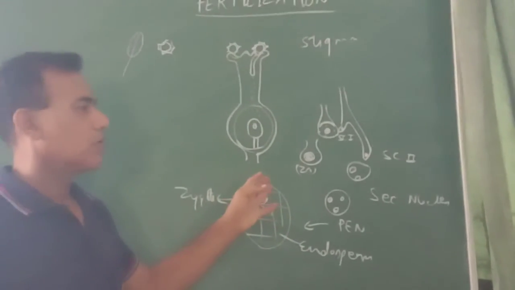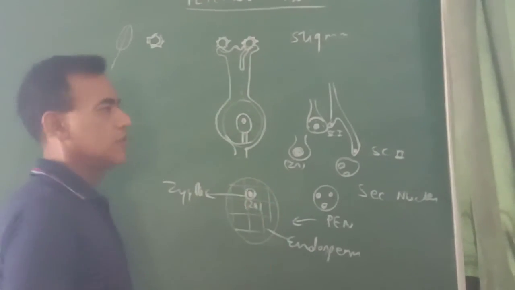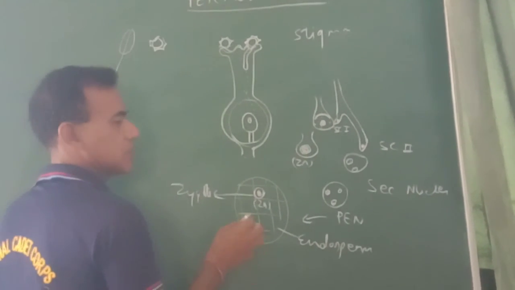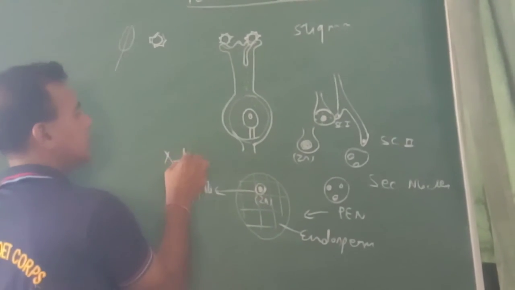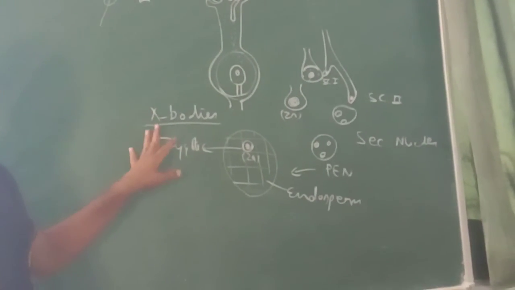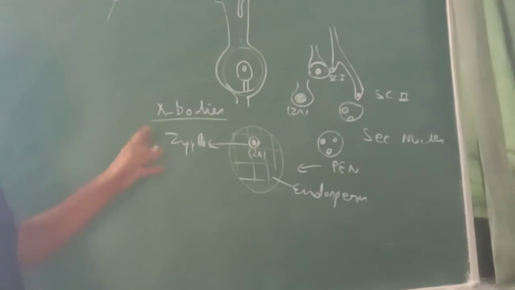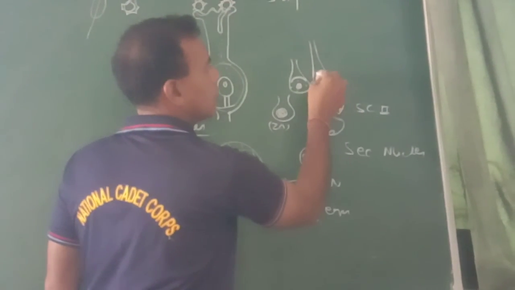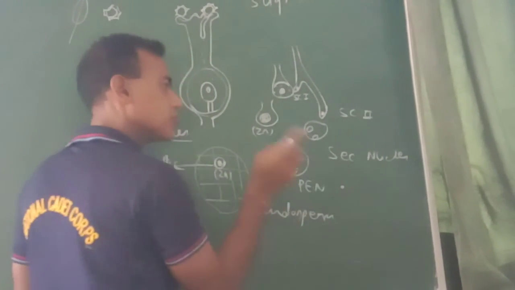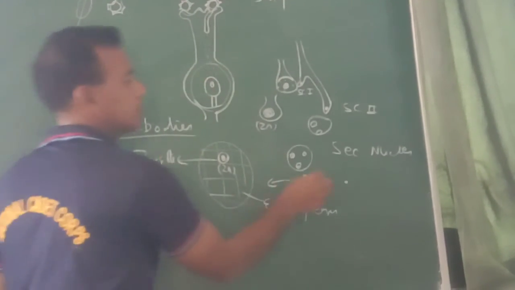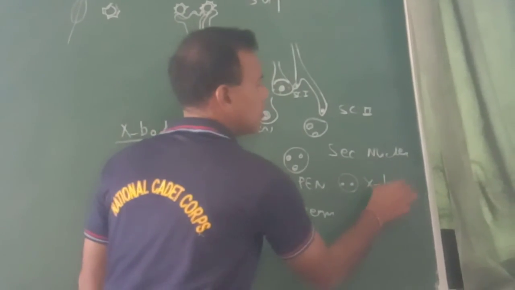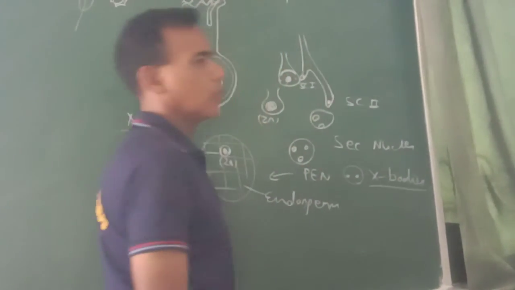There are certain unidentified structures that are found in the polar cytoplasm and synergid cytoplasm. These are dark colored, known as X bodies, and it is supposed that out of these two X bodies, one is the vegetative nucleus, which was present ahead of these two sperm cells, and another one is the nucleus of the degenerated sperm cell. These are the two X bodies which are found, though the exact nature of them is not known.